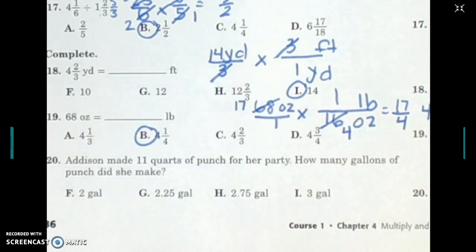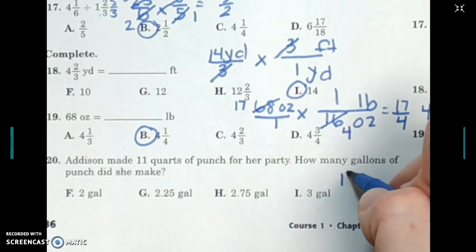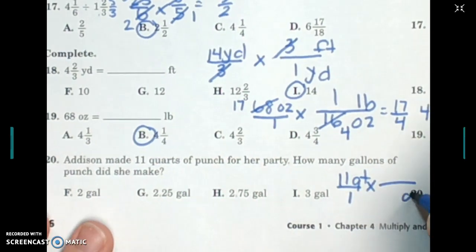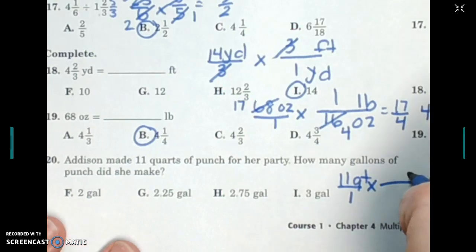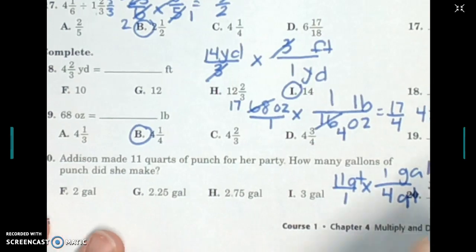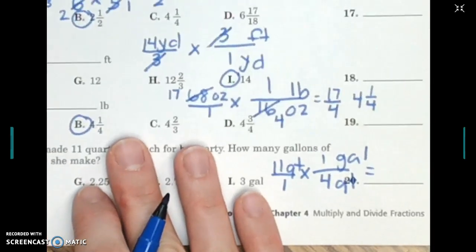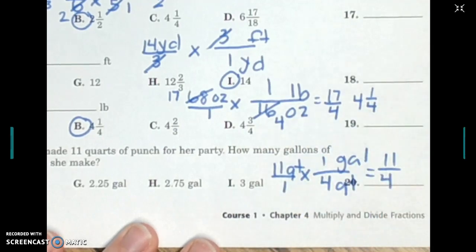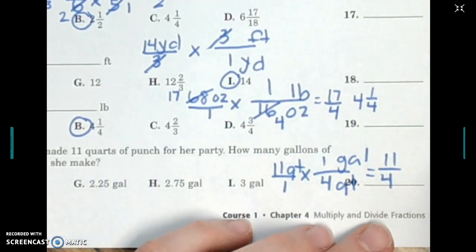And our last one, Addison made 11 quarts. So 11 quarts over 1 times how many gallons? So in 1 gallon there are 4 quarts. Oops, I ran out of space here. So 11 times 1 is 11. 1 times 4 is 4. 4 goes into 11